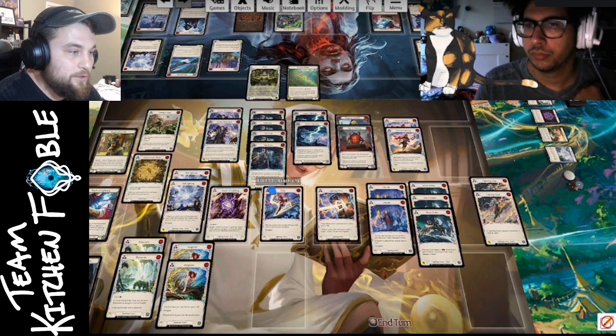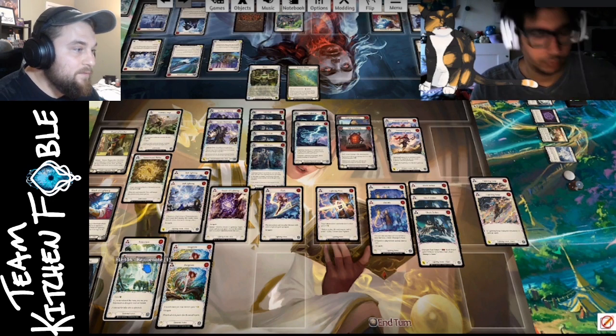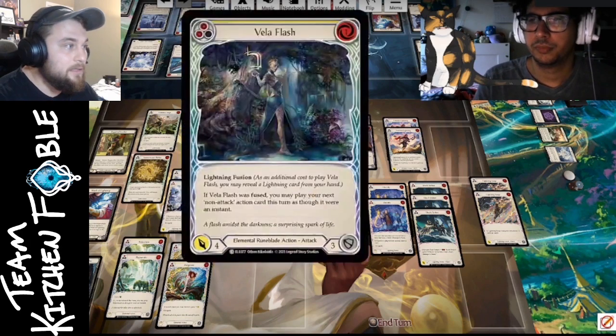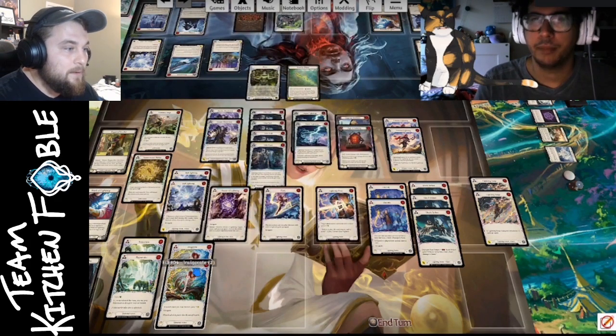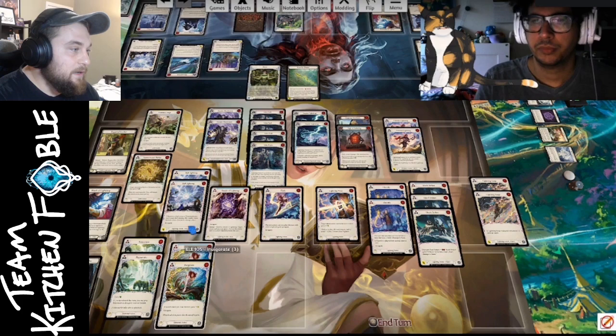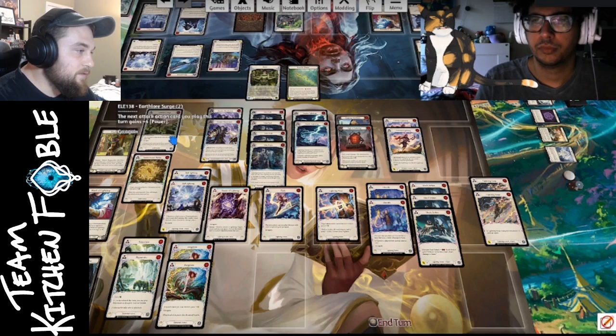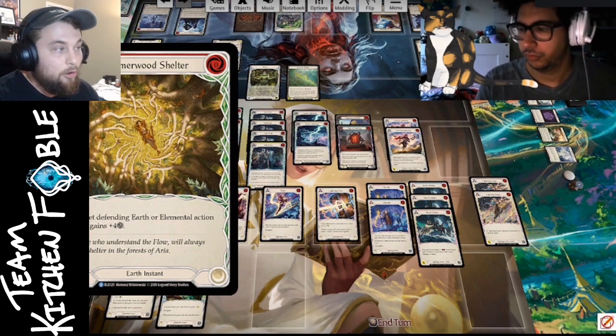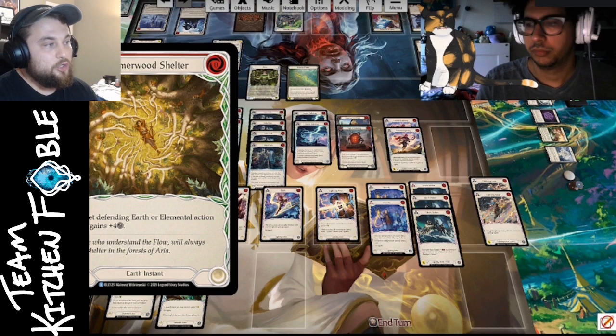A turn 1 Rejuvenate is always good, or even an end of turn, or even just a fused Vela Flash with a short hand can get you a heal on top of it. And I think that the instant defense reaction you've got there is super important. If it is in your pool and you are running Briar, you should be running it because it is going to...